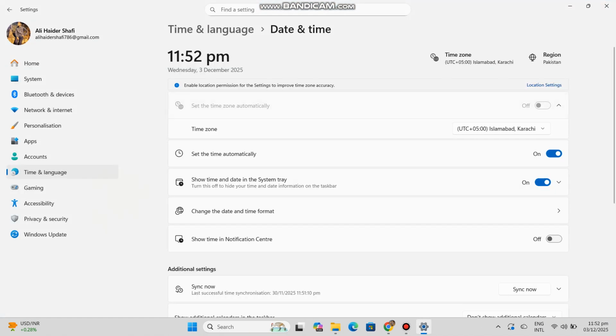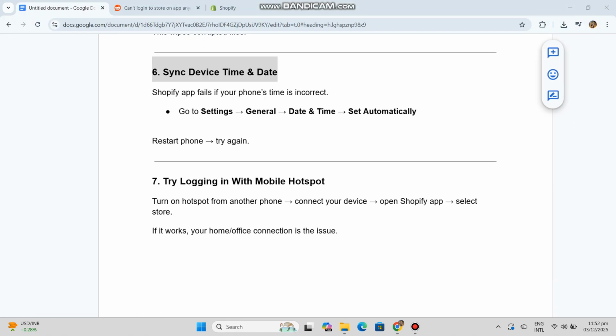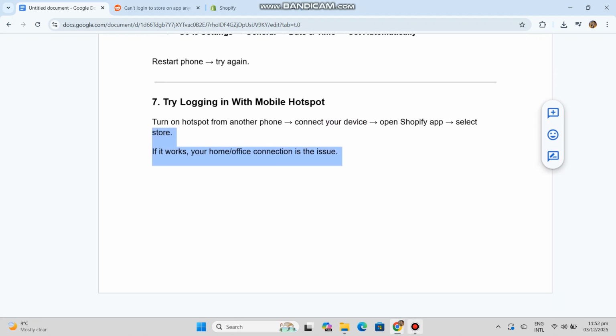7. Try logging in with a mobile hotspot. Turn on the hotspot from another phone, connect your device, open the Shopify app, select the store. If it works, your home office connection is the issue. After these steps, your